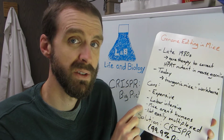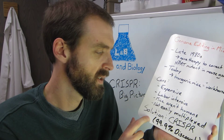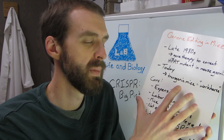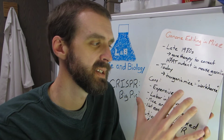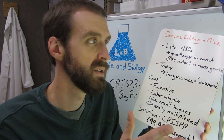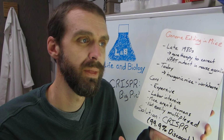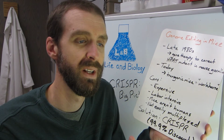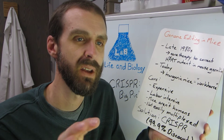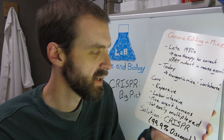So that was also very labor intensive. So now with CRISPR, it's the solution to a lot of the problems we have for creating transgenic mice. Now, just because I keep saying mice, the thing is now that it's so easy to do CRISPR genome editing, you can do it in pretty much any organism you can think of. I use CRISPR in a single cell parasite called Leishmania. You can do CRISPR in bacteria, you can do CRISPR in plants, you can do CRISPR in humans and other